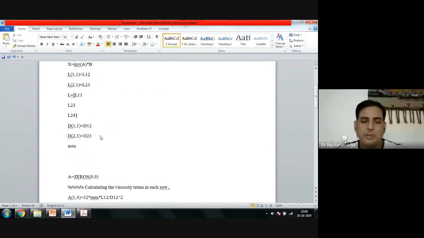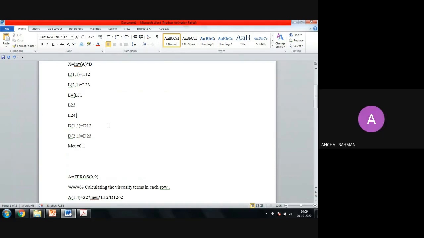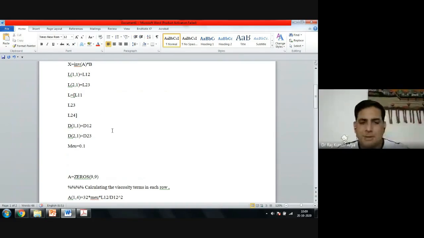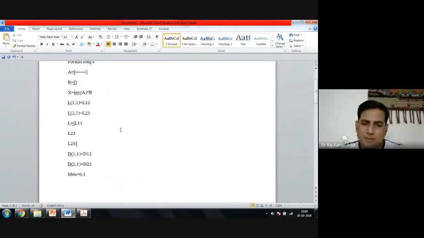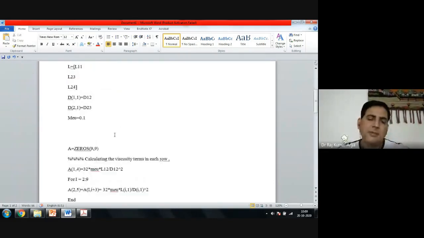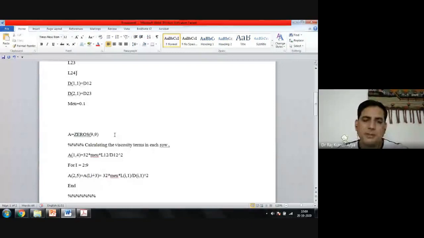You can define it as mu equal to something, 0.1 megapascal actually. So you have just substituted the rest of the part, and all intermediate terms will be calculated by MATLAB.